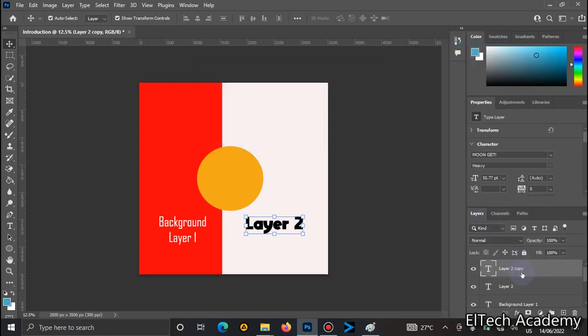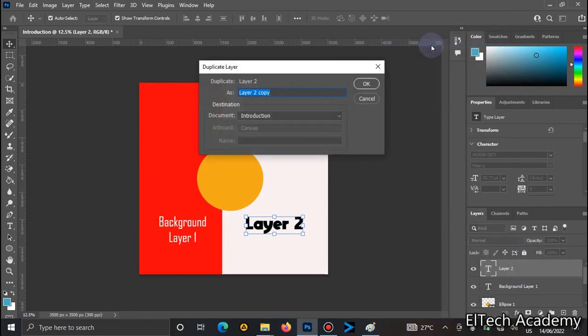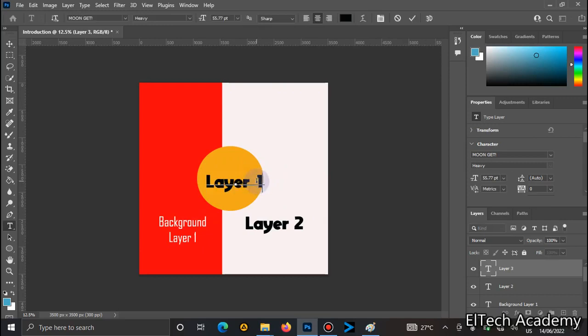So I have, okay, let me show you something very important. So when you select the duplicate layer, it asks for name, so you can say layer 3. Okay, so just move up here, you will see one has left and the other one is still there, and I'll give it layer 3. Okay, so I'll reduce the size